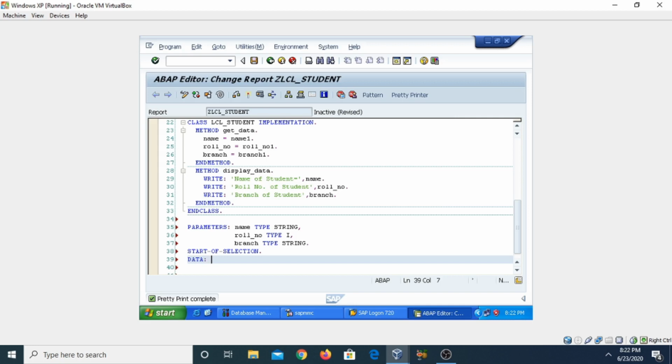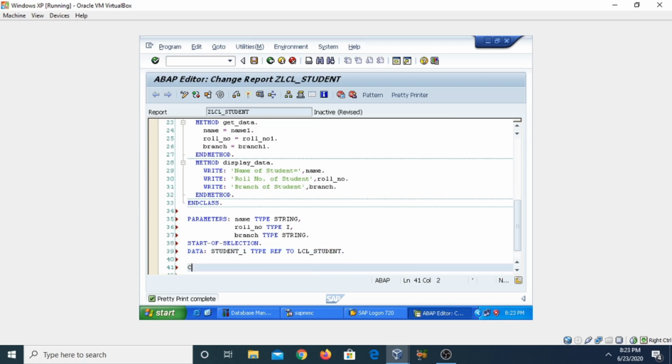Firstly use the DATA keyword, then suppose I am creating the first object student_1, then TYPE REF TO, which is referring to the class, and the class name in my case is LCL_STUDENT. So student_1 is here our reference variable, which is pointing to the class LCL_STUDENT.